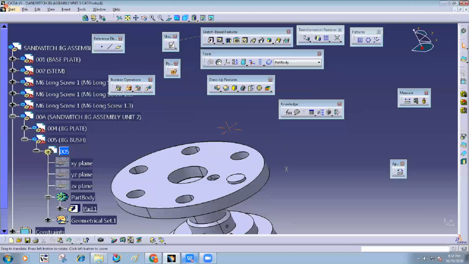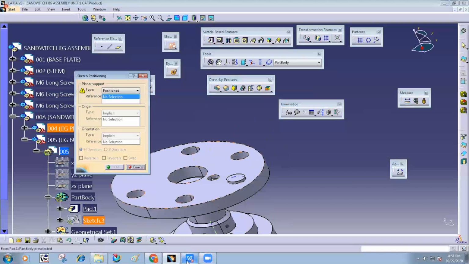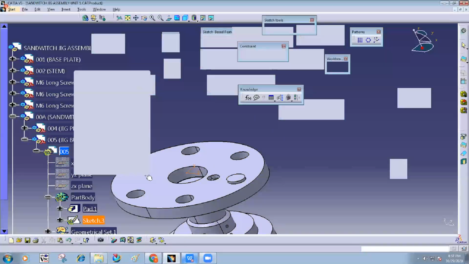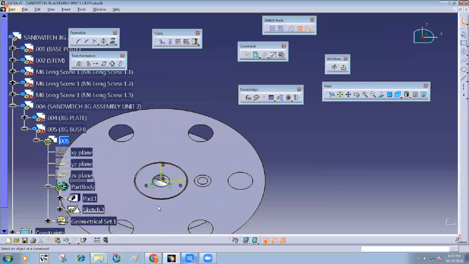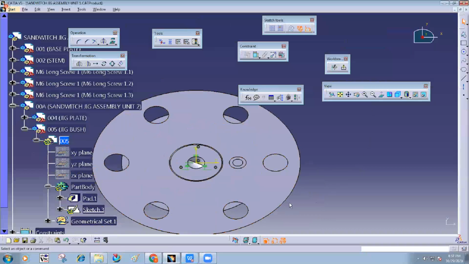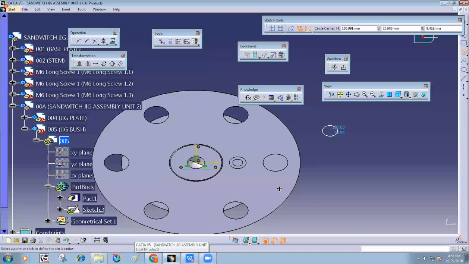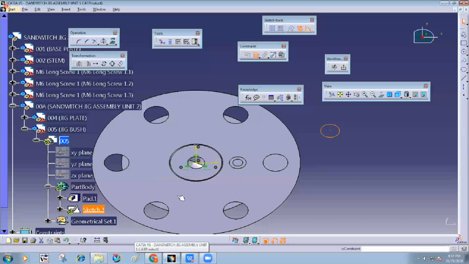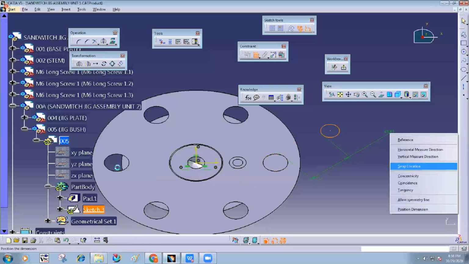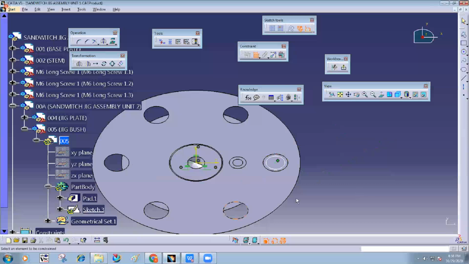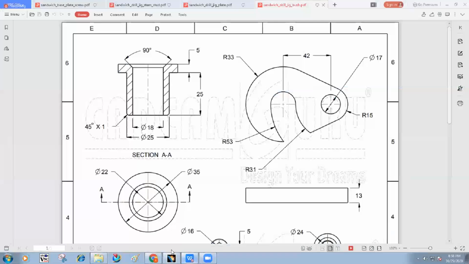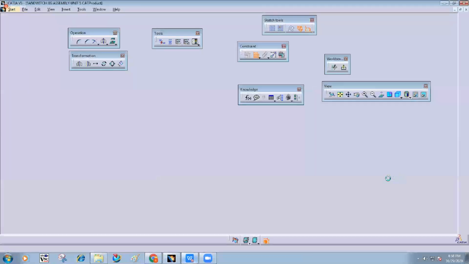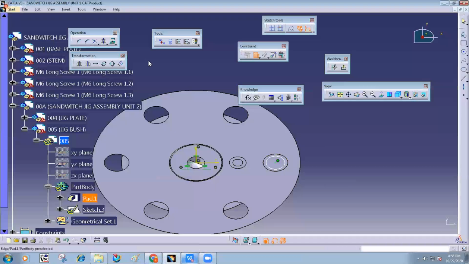Now again there is a sketch here, take this reference and create a circle. This is concentric, and that diameter is how much? This diameter is 35.